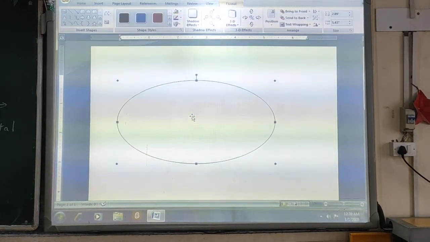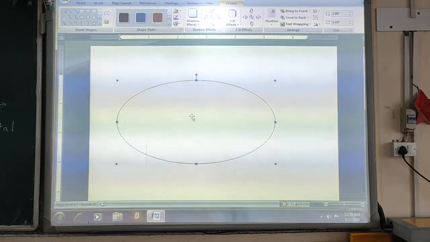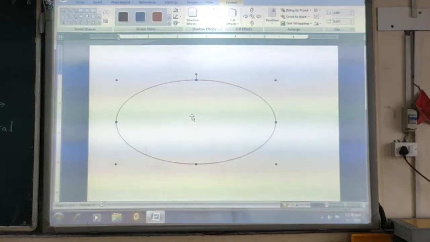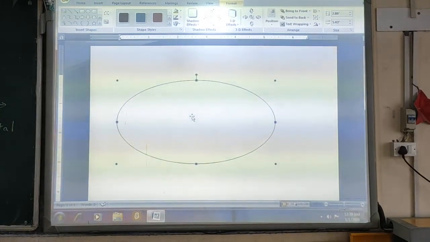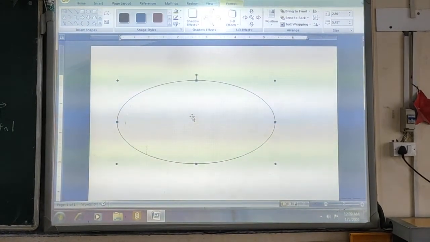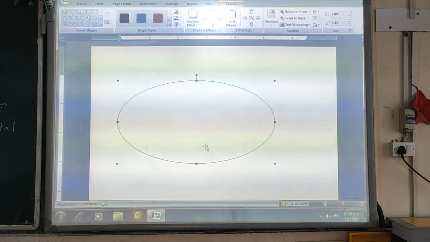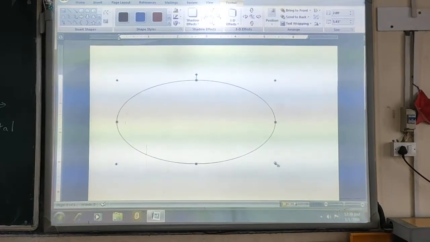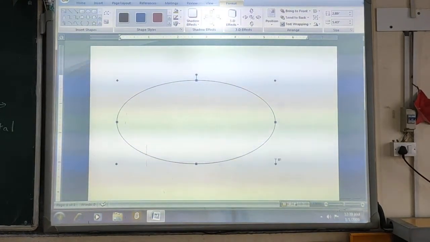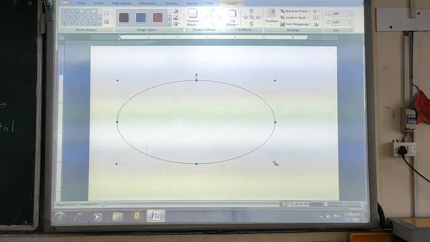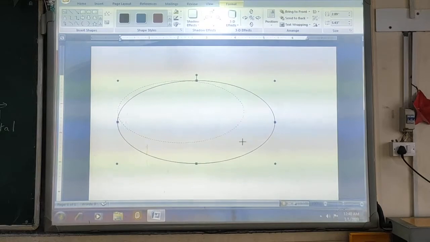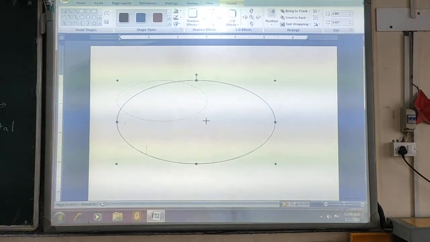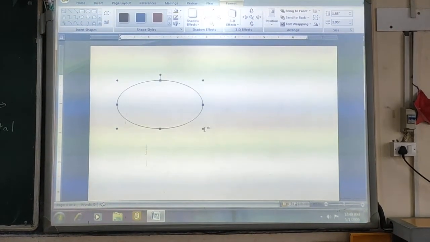Now you can see the circle is surrounded with small dots. Bring your mouse cursor to any one dot, and it automatically turns into a double-headed arrow, and then you can drag your mouse and change the size of the shape.